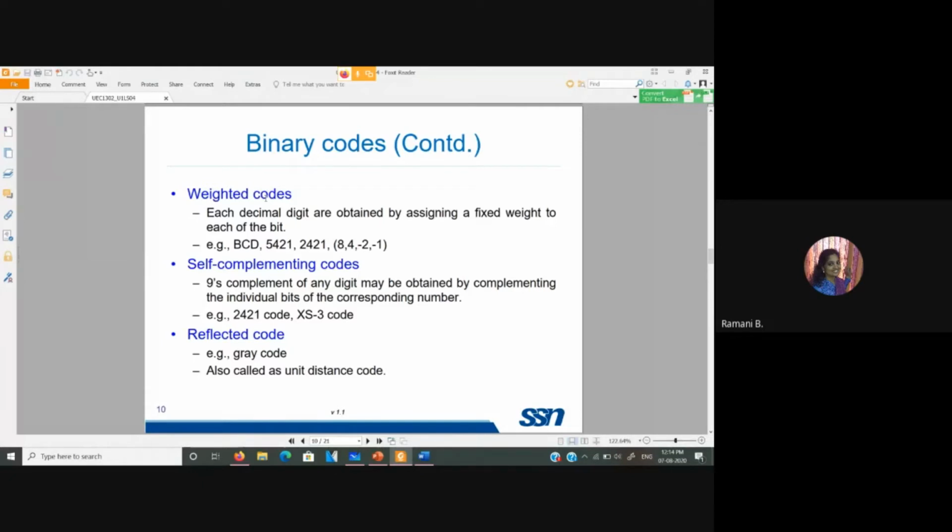What it implies is I am giving a particular weight to each bit position, in powers of 2. That is indirectly the 8421 code. The least significant bit has the weight 1, the next one has weight 2, the next 4, and the next 8. So 8 plus 1 gives me 9. That's why I am giving that as 1001.